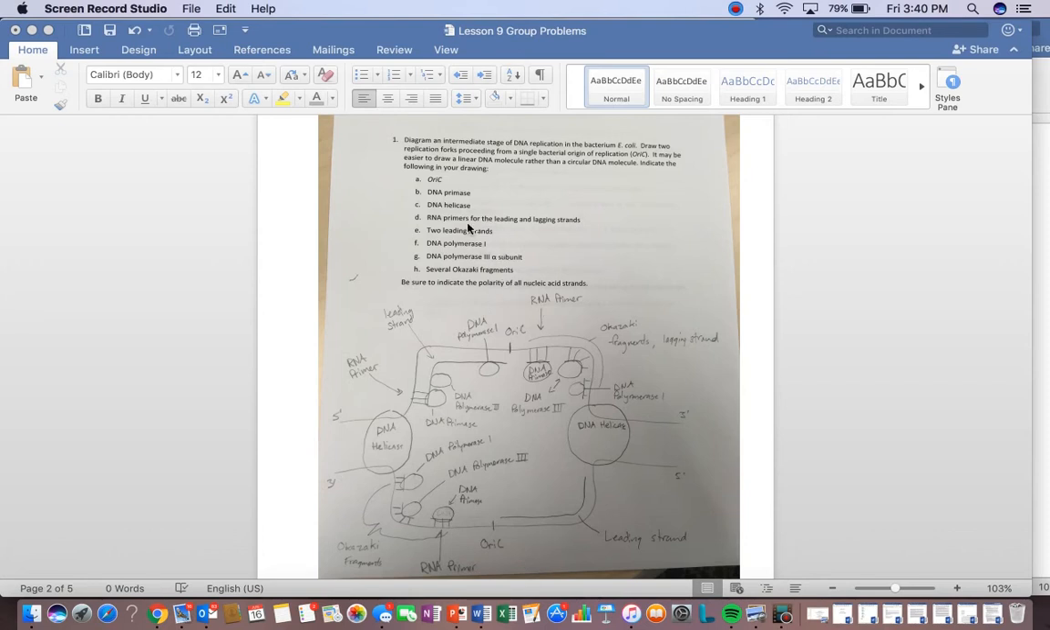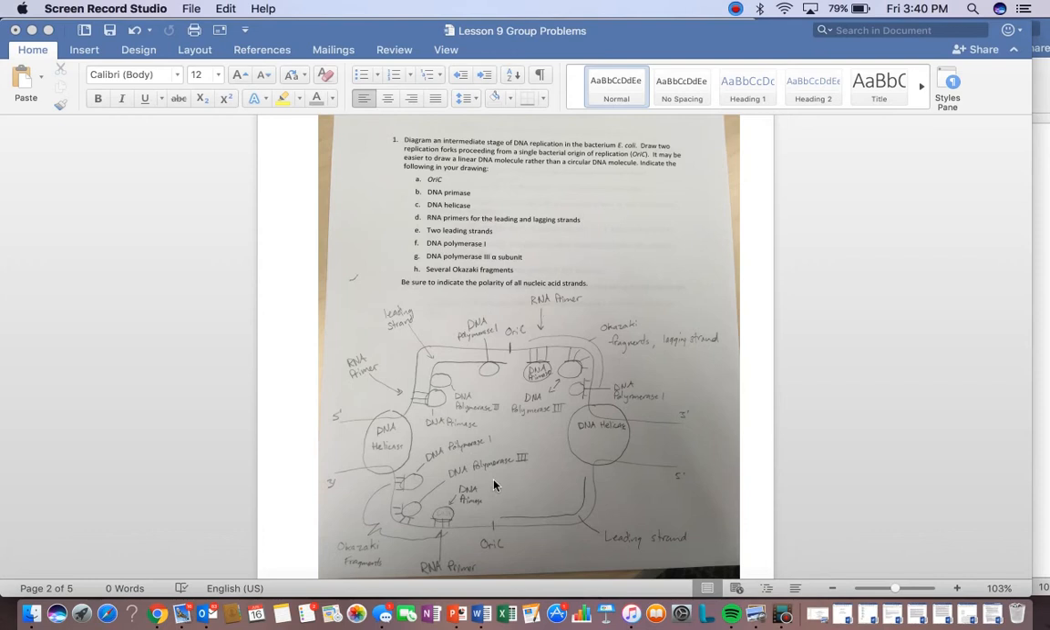I'll just point out the units. So this is an ORIC, the origin of replication, in that area. The DNA primase is right here. This is what's going to prime it, like the primer, you could say, for the DNA polymerase 3 before it attaches the